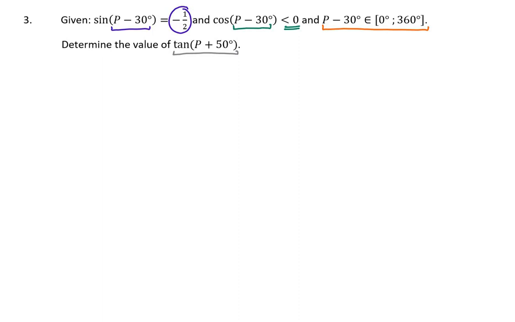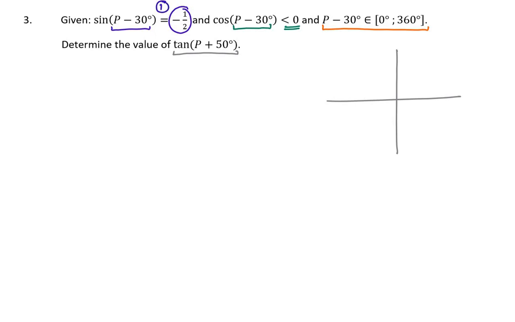So why have they given me all this information? Well, because every single trig equation has 2 answers in the first 360. So we can't solve for one value of p, we would get 2 values of p. But this is trying to get us to figure out which one they're talking about. So let us look at our first bit of information, which is this idea that sine of p is a